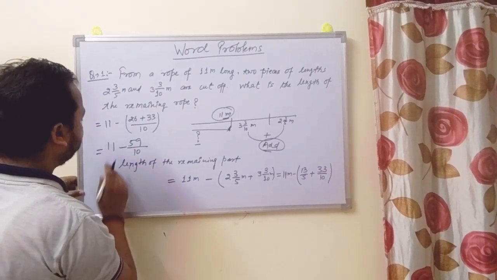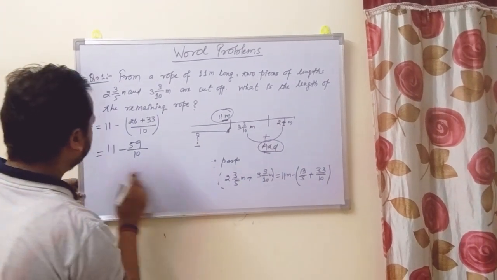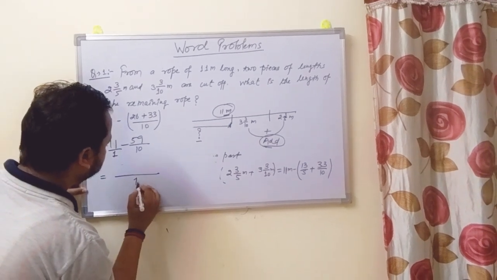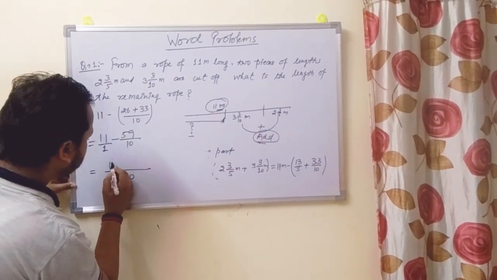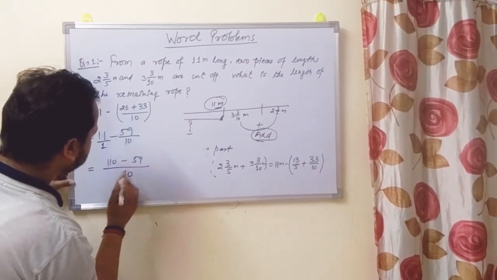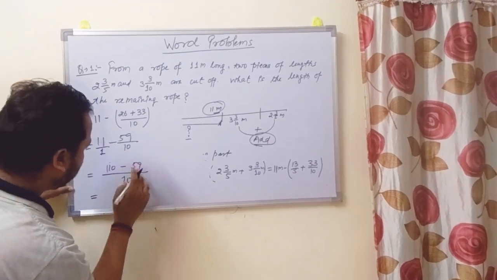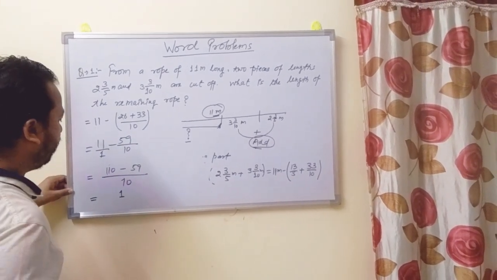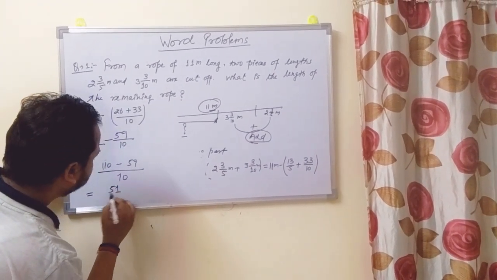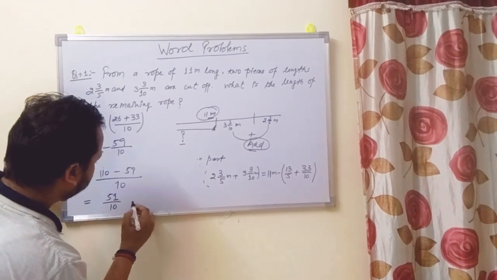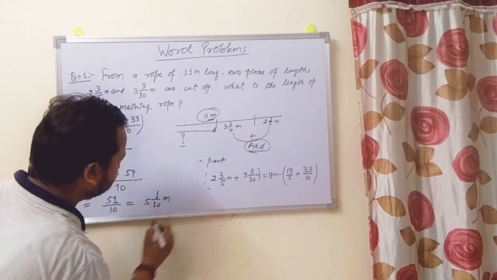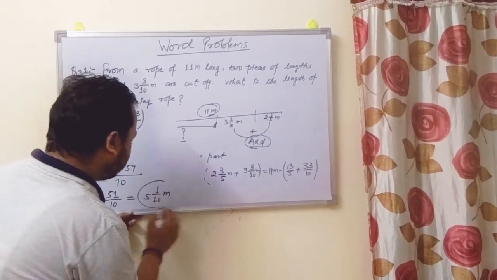minus 11. Here denominator is 1, take the LCM of 1 and 10, that is 10. 1 10s are 10, that is 110 minus 59. So 10 minus 9 is 1, right? And here 10 is remaining, 10 minus 5 is 5. 51 by 10, that is 5 whole 1 by 10 meter. This is the answer,